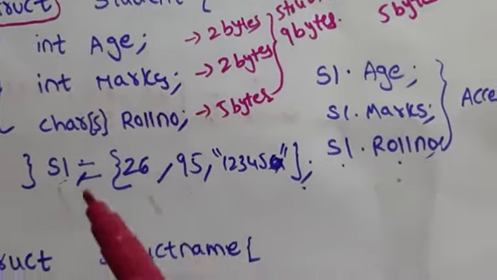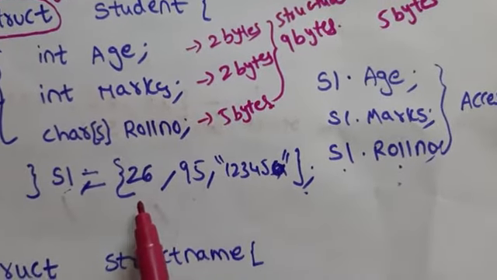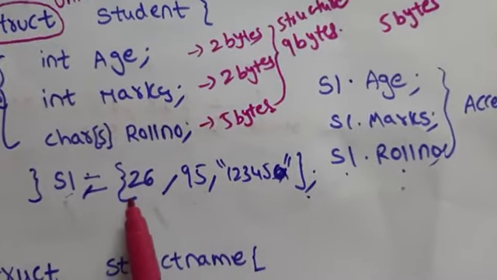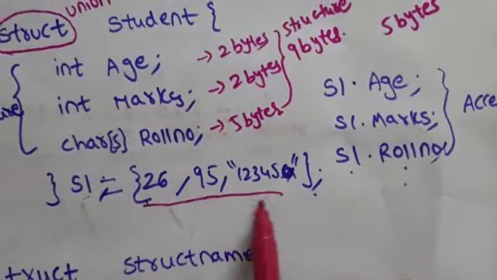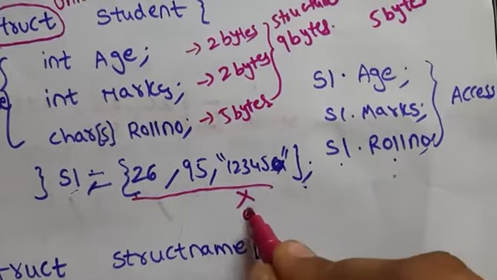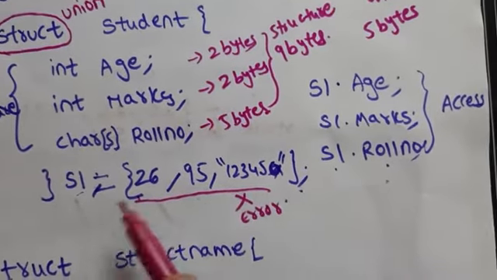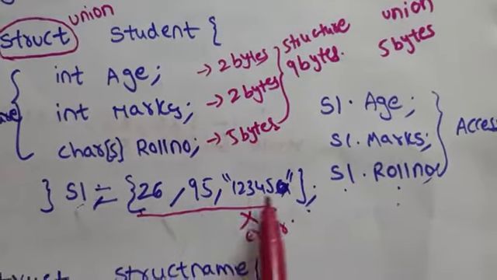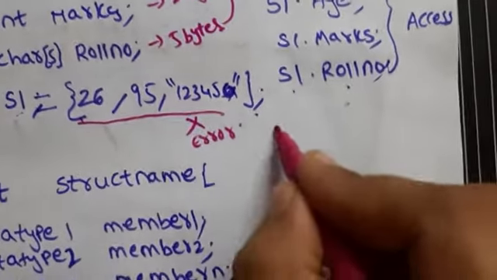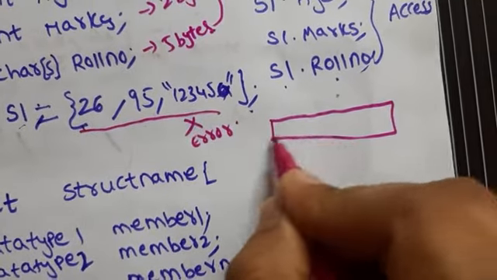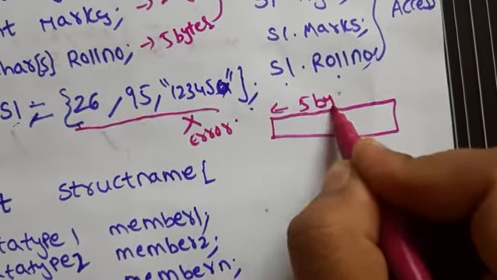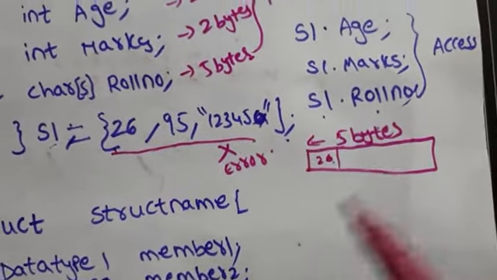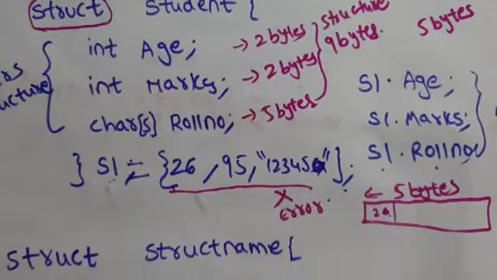So what we have to do here is, if you declare like 26 95 1 2 3 5 for the union, it gives you an error. It is wrong, you cannot do it, it's an error. You cannot initialize 3 at a time, only one you can initialize, that's all, only one. 26 95 125, it is occupied like this. So total memory allocated will be only 5 bytes, and whatever you give will be stored first. The next one will be overwritten, but for 3 you can't give the place as in a structure.